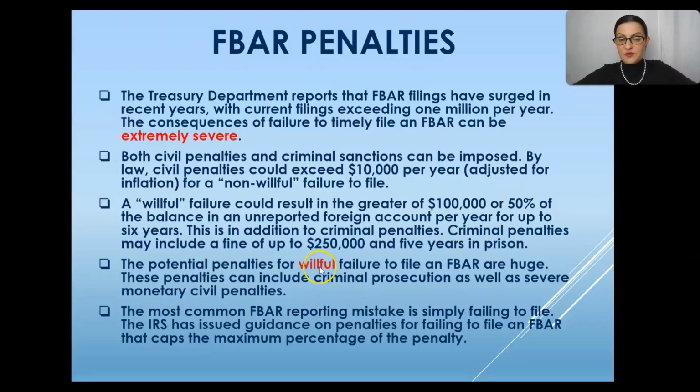The potential penalties for willful failure to file an FBAR are huge. These penalties can include criminal prosecution as well as severe monetary civil penalties. The most common FBAR reporting mistake is simply failing to file, though. Most people are not criminals trying to hide money overseas. But it is pretty common for taxpayers to just fail to file the FBAR because they don't realize that this filing requirement exists. The IRS has issued guidance on penalties for failing to file an FBAR that caps the maximum